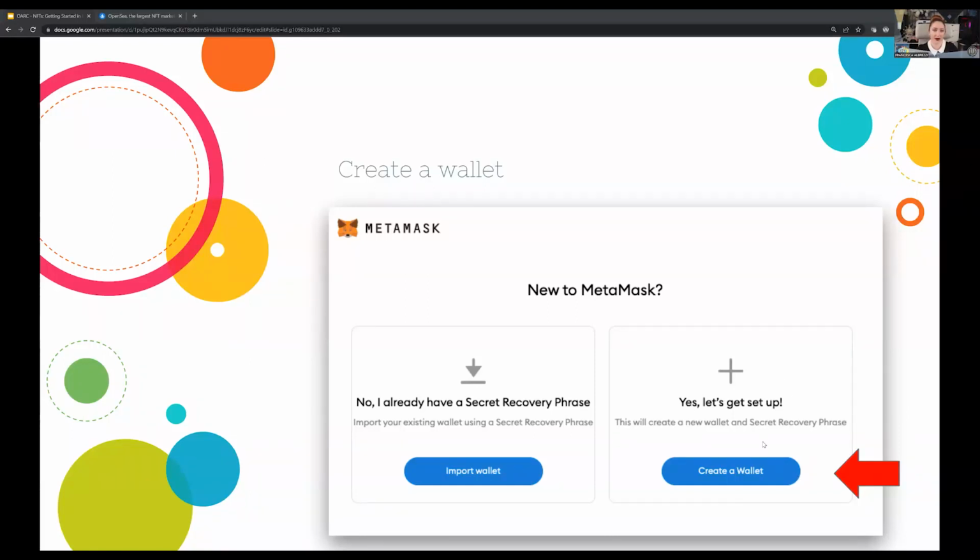And if you set up a MetaMask wallet on your phone and you also want it in your browser, you would go through the import wallet prompt instead. So like I said, if you did it on your phone or if you've done it before, you can use this import wallet. But if you're starting from scratch, you want to create a wallet.